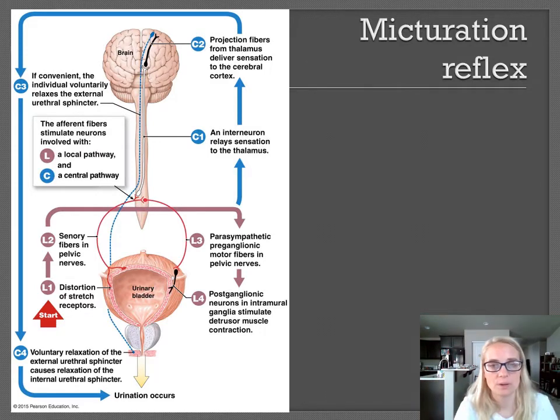There are stretch receptors embedded in the wall of the urinary bladder. And what that does is it sends a couple of signals. So this short little reflex is kind of L1, so the distortion of our stretch receptors activates that our urinary bladder is full. It's going to send a signal to your pelvic nerves,